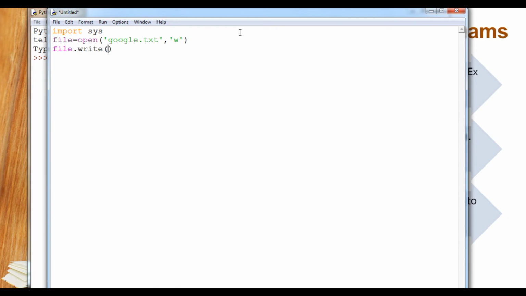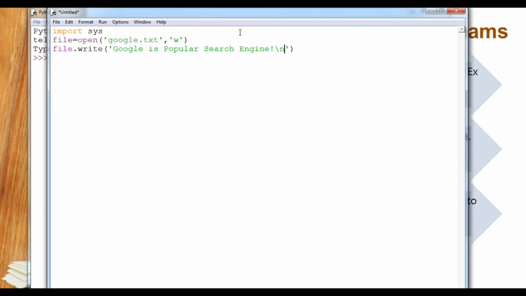Inside this I will write: Google is a popular search engine, and then \n.